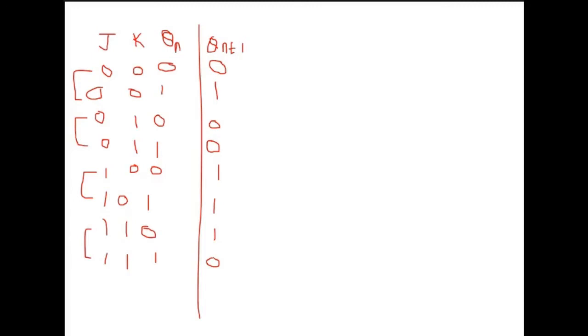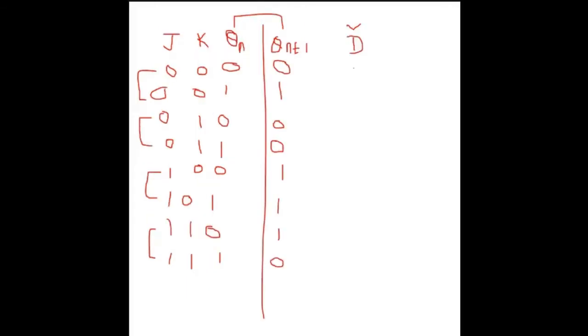Now, since we need to convert D into JK, we will make the excitation table of D flip-flop. Now, these two are my inputs, and this is my output for the excitation table. 0 to 0. What should be the input of D? Generally, next state आपकी D को follow करती है. D is simply a data transfer flip-flop. So in this case, when I'm saying excitation table of D, whatever is there in the Qn plus 1 will directly be input D. It will be 0, 1. This will be 0, 0. We have got the excitation table of D.